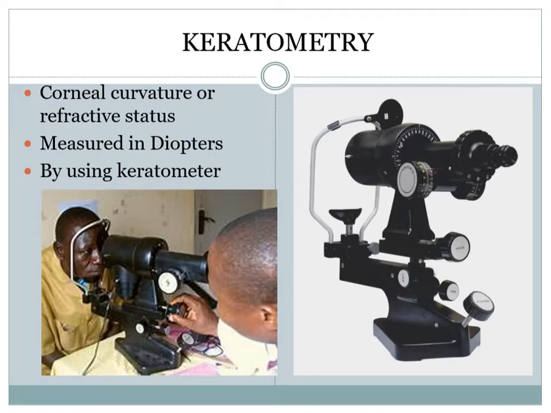The reading is measured in terms of diopters and millimeters. What we need in the formula is in terms of diopters. There will be a reading in terms of millimeters also, that means the curvature is 7.5 millimeters, like that. And at the same time, there will also be the reading in diopters. Say normal dioptric power of the cornea ranges between 40 to 45, so it will be around 43, 44, whatever. It is individualized to each patient. So this is what we are calculating.